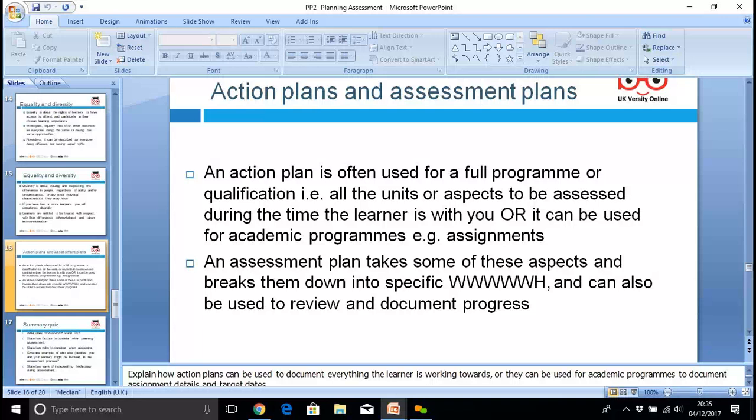This is fairly straightforward with practical or vocational work, where a list of things need to be completed. Things that were not done can easily be identified, and things that were done and done well can be identified fairly easily, and the action plan is relatively straightforward. With academic work, it's slightly different, because if, for instance, an assignment has been put together, then it is